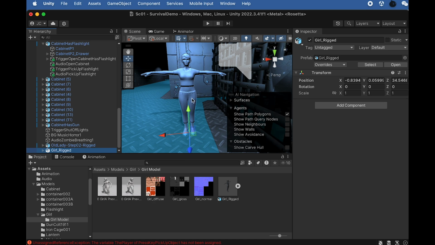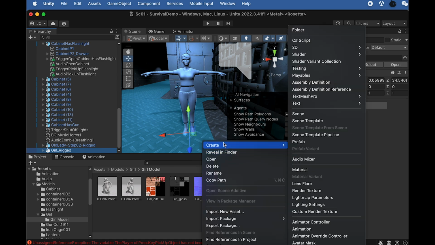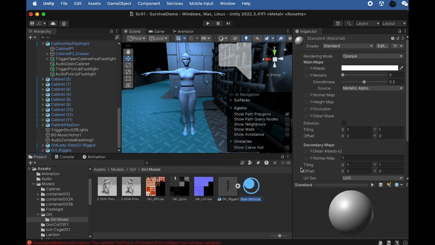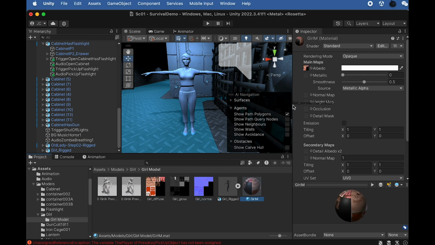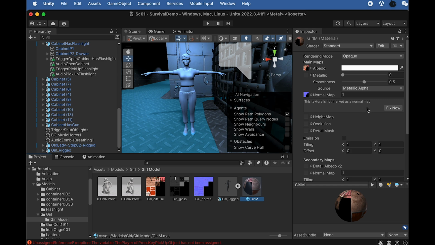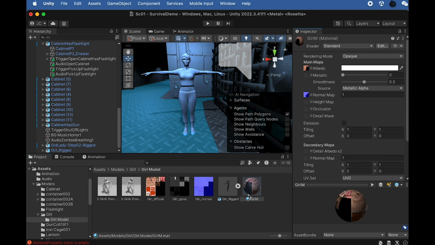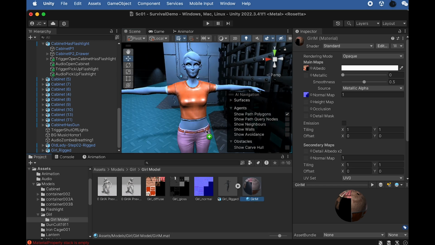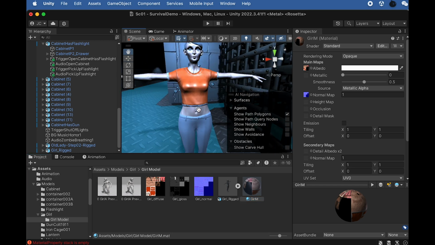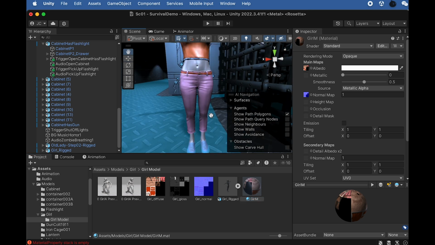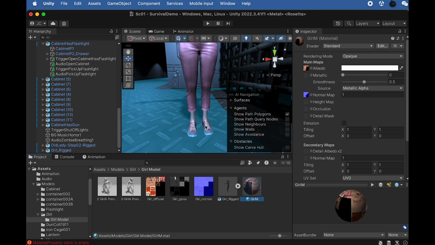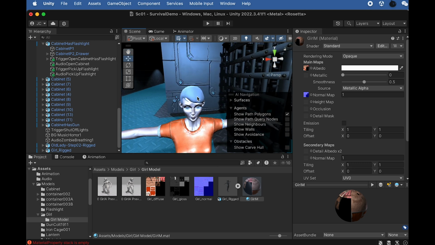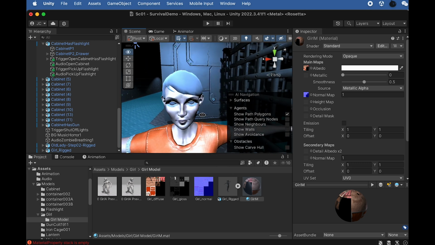So then let's assign the texture to the girl. So first let's create a material. Let's say girl M for material. So let's assign the diffuse map and the normal map. It says the texture has the issue, so we just click on fix that, and then assign the material onto the character. So first is the shirt, and then the body, and then the pants, and the shoe, the hair, and the eyeball,